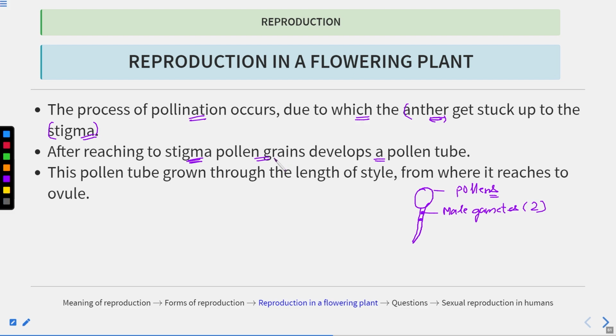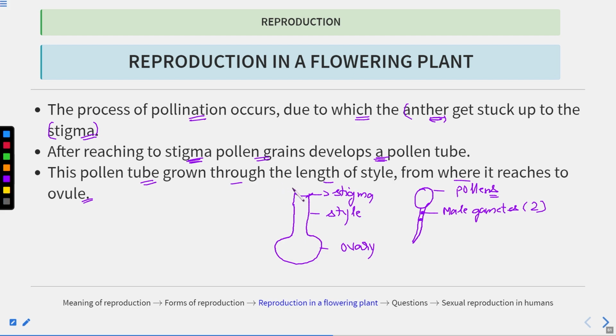After reaching the stigma, the pollen grains germinate and develop a pollen tube, and this pollen tube grows through the length of the style from where it reaches into the ovule. Clear? So what is happening here? Let's draw the structure of a pistil or a carpel. This is the stigma. This is the style, and this is the ovary. Within the ovary, ovules are present, and within the ovule, the embryo sac will be present that consists